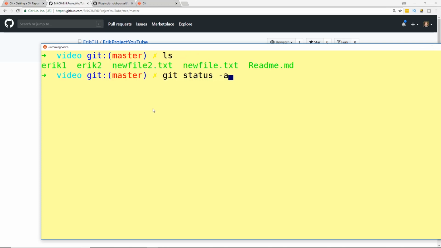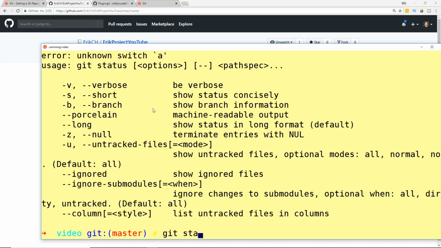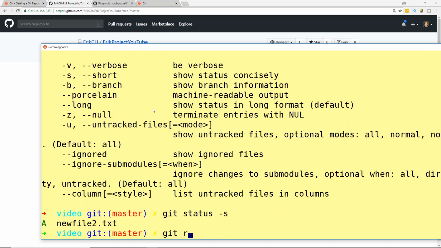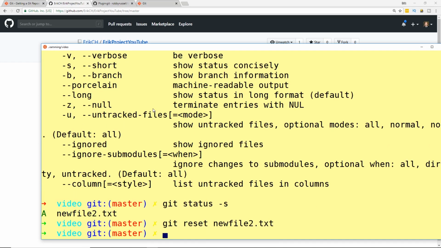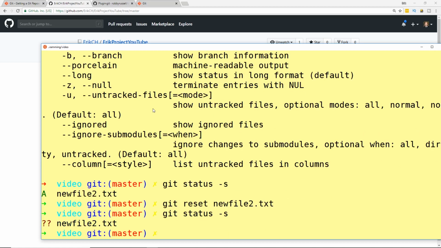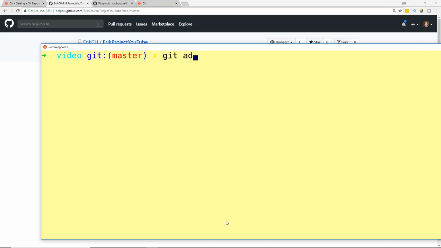I can do git status -s and go git reset and then the name of the file, new file2.txt. And if I do git status again, you can see now it has the question marks because it's no longer added. But let's say I actually add it. So I git add and then I commit it, added file